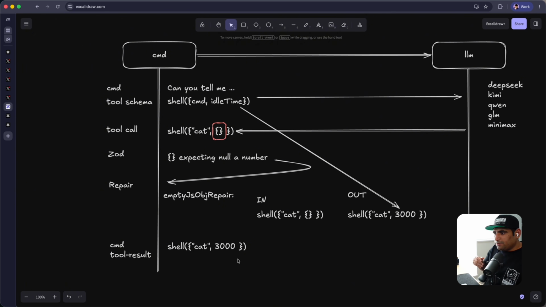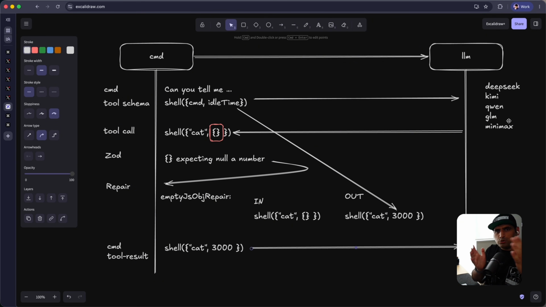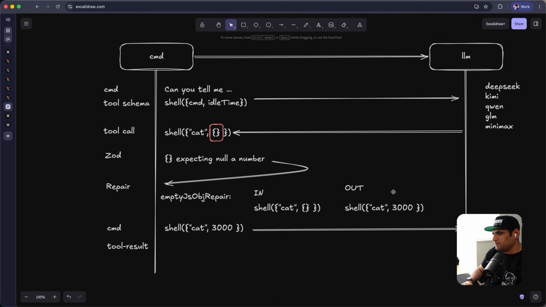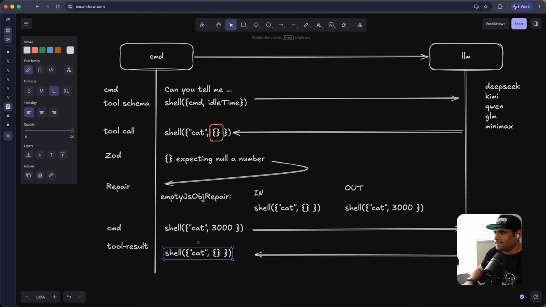And in the night, I was able to figure out that this is still failing. It is able to repair just 1% of the bad tool calls, and we have 96%, maybe 98% of the tool calls that are repairable, but we are not able to repair them. And that was happening because right after this happens, let me actually make some more room for this. Right after this happens, open models do the same bad thing. They are going to send back the same bad command, right? So the next tool call you get,